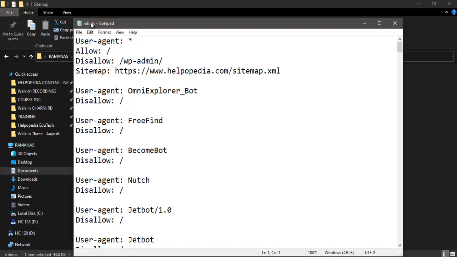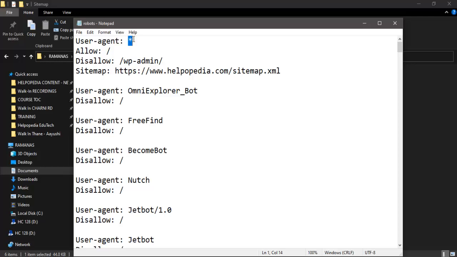So robot.txt file, so it will search that okay, whether my file is available on this website or not. So this is search engine bots file. So it will find that okay fine, this file is present on the website. So it will read the first line. So first line says that user agent star. So star means all search engine.